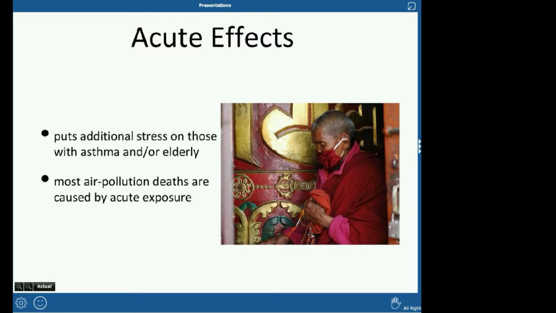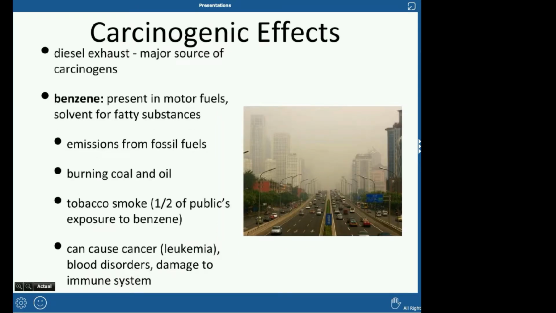When you think about chronic, which is low dosage over a long period of time, that would be really hard to link back to air pollution, because if it's over a long period of time, how do you know that it came from air pollution and not from exposure to something else? So that also might be why more air pollution deaths are linked to acute exposure. There might be some that are from long-term exposure, but they didn't get counted as air pollution deaths because they were over such a long time.